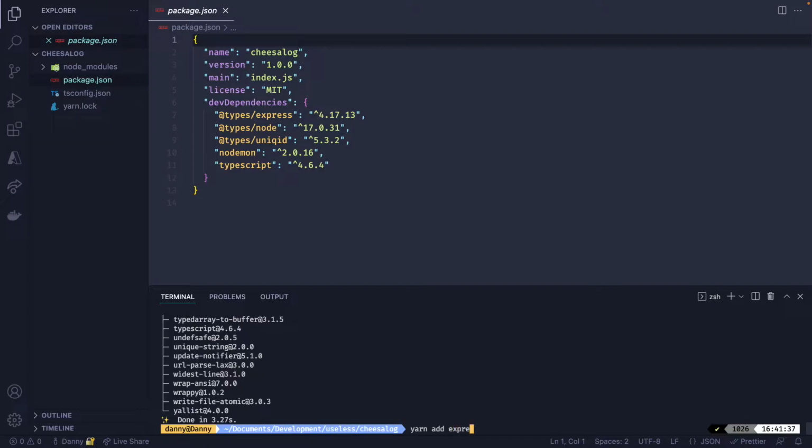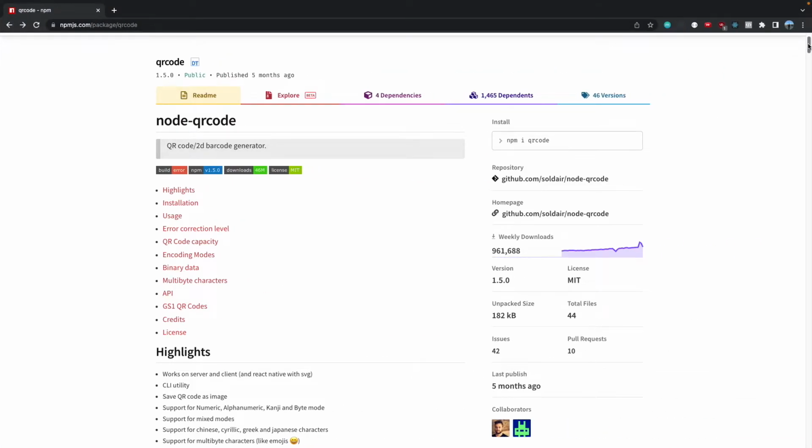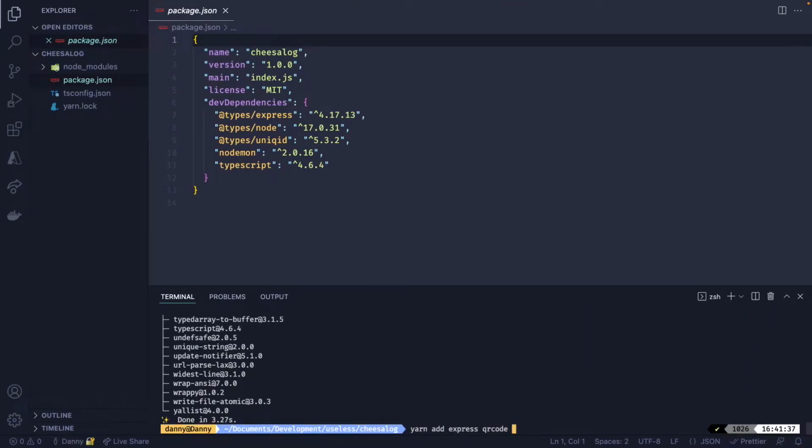And then let's add Express, and QR code, I believe, is what we need from this. Yep. And we will also be using, like I said, uniqid. And finally,